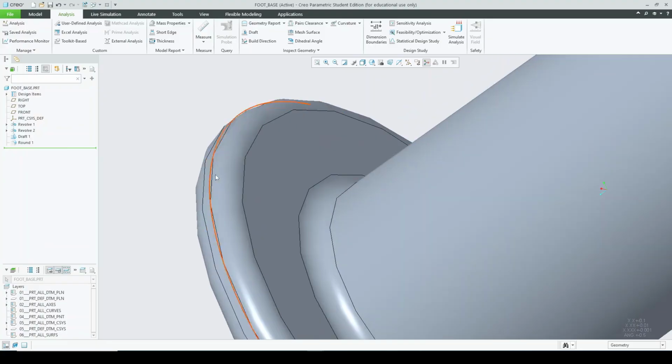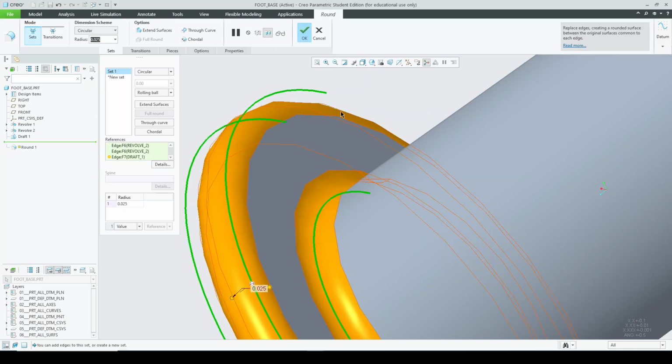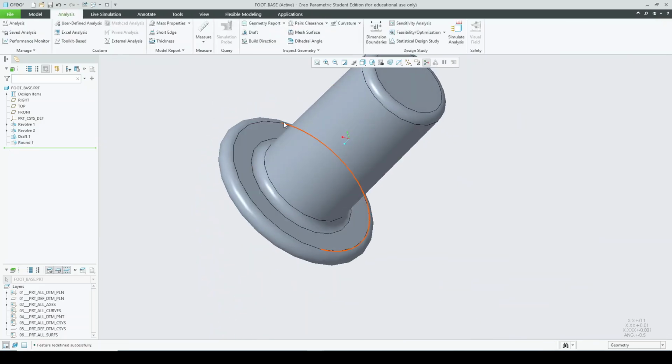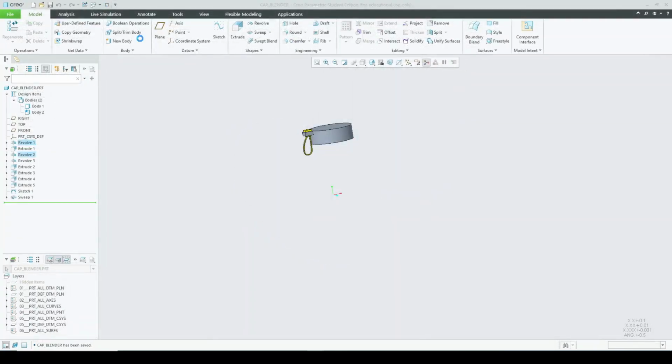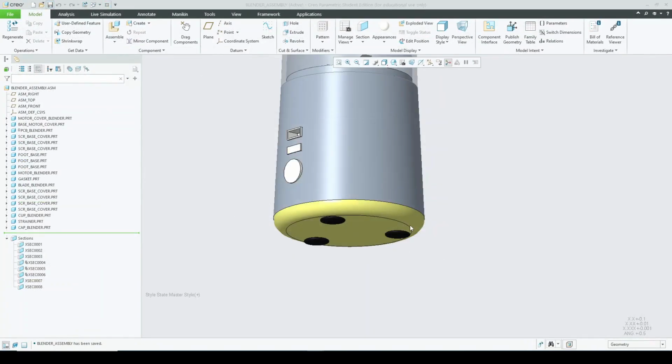I think I need to add over here, but I can increase the round size. Save. So we are completed with the two base parts. In the next video we'll convert the